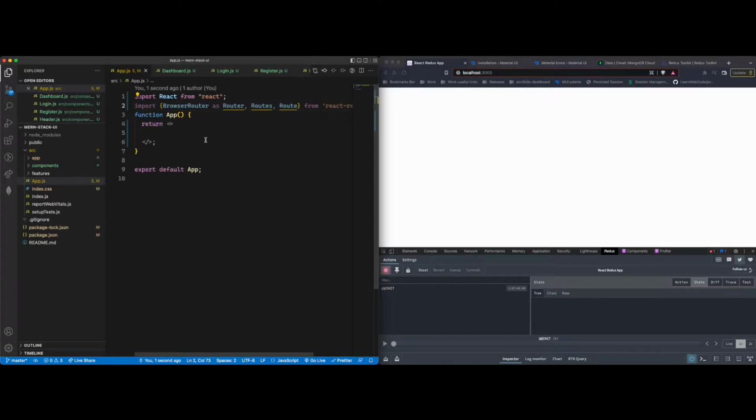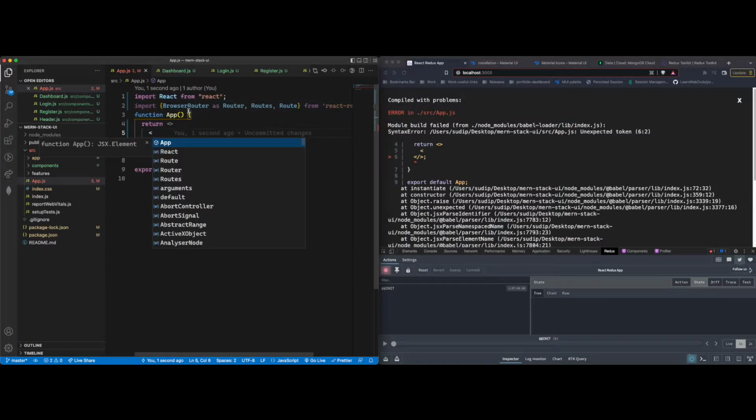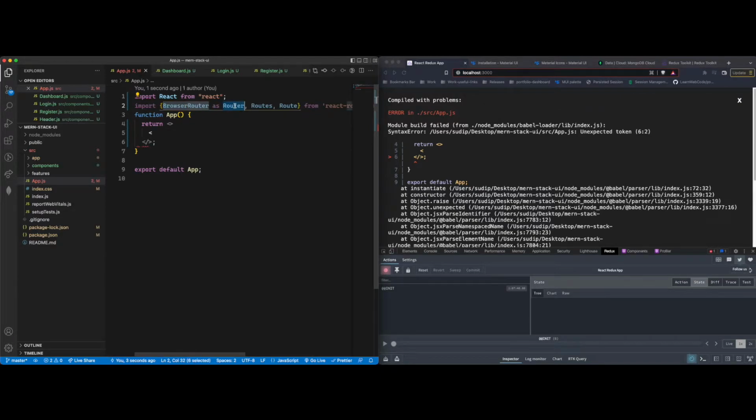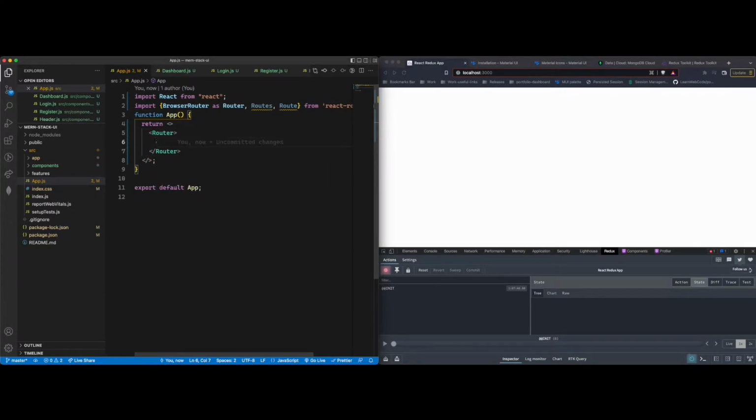All right, now let's go to our fragment here. Whatever routes you're going to have, we have to wrap everything within this browser router, otherwise we can't use routes. So I'm just going to call this router, and inside that router I'm going to have a div. Inside that div, before even writing a route for login, register, or the home page, we know